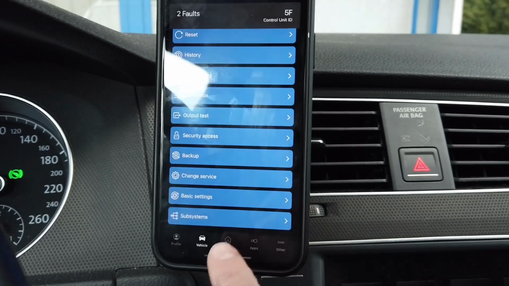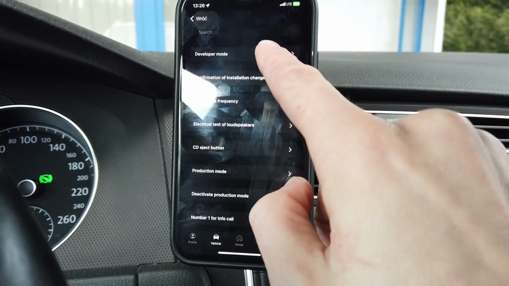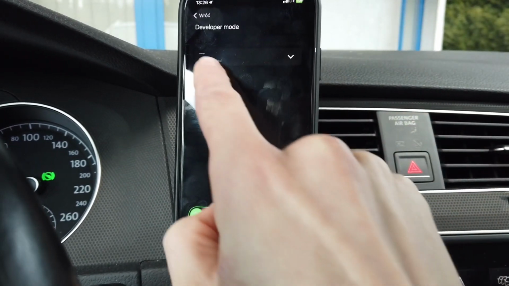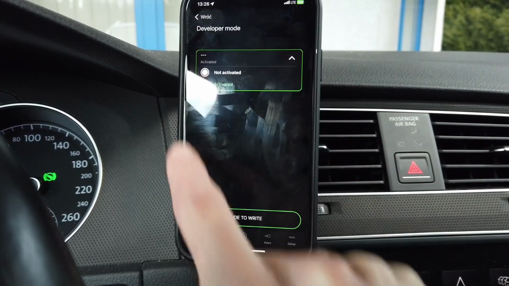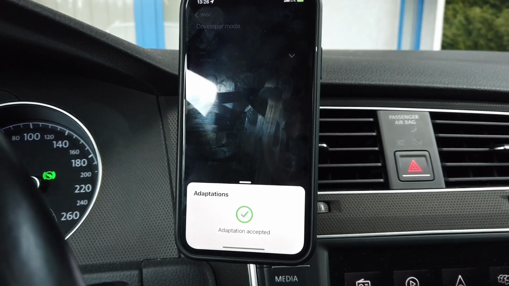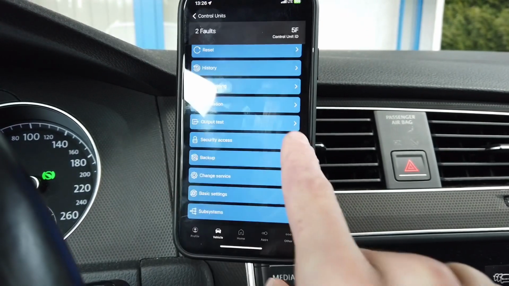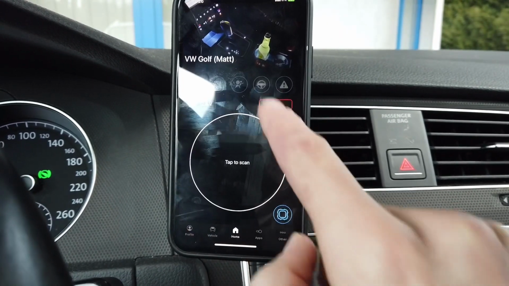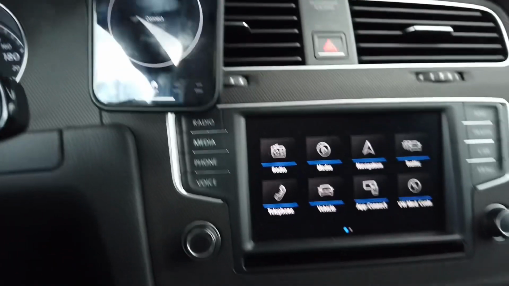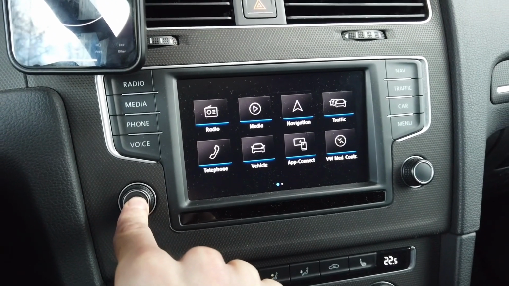In this mode, go to adaptation, and one of the first adaptations that you will have is developer mode. It's not activated, so let's switch it to activated. Slide to write the new value, and this should be it. We can disconnect from the vehicle, and right now over here press and hold for about 10 seconds to reboot the system,